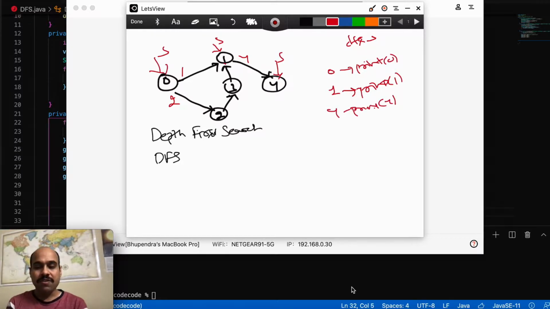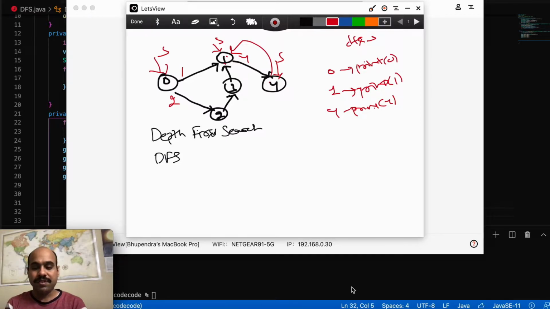Okay, now we are done, so we are at a dead end, so there is no way to go. Even 4 does not have any neighboring node. So if you see, it's a directed graph, but you can use any undirected graph as well. Okay, so then we backtrack. So basically we'll come from here to this node. So our program execution will go from this function call to this function call. And remember, we are trying to do it in a recursive way, so that's why I'm using words like backtrack or function calls.